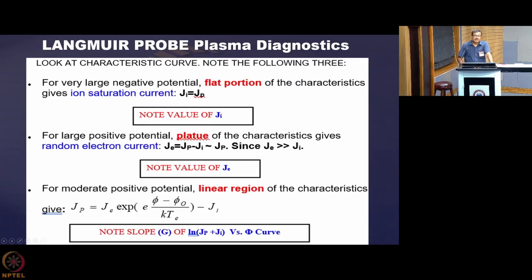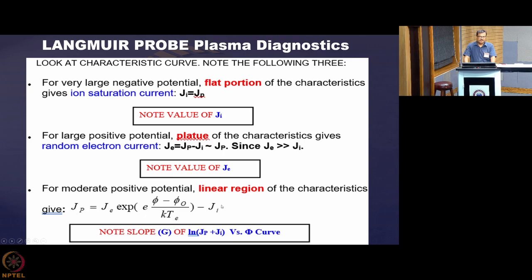Now when your potential is very large and positive, then the plateau of the characteristic gives the random current, J equal to Jp minus Ji, and you note the value of Je. Whatever probe current you are getting is basically the electron saturation current, so you know the value of Je. Now for moderate positive potential, you get the linear region of the characteristic, which is an exponential curve. So Jp is equal to Je exponential of e(phi minus phi naught) by kTe